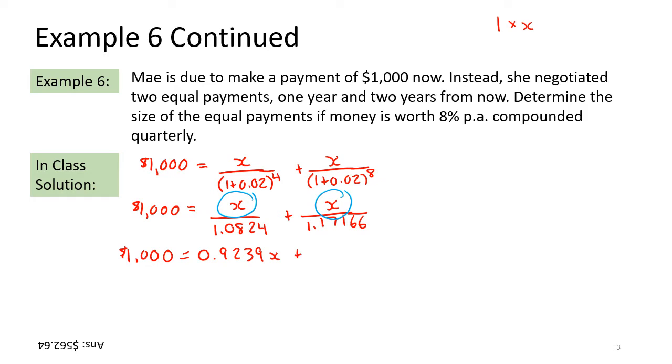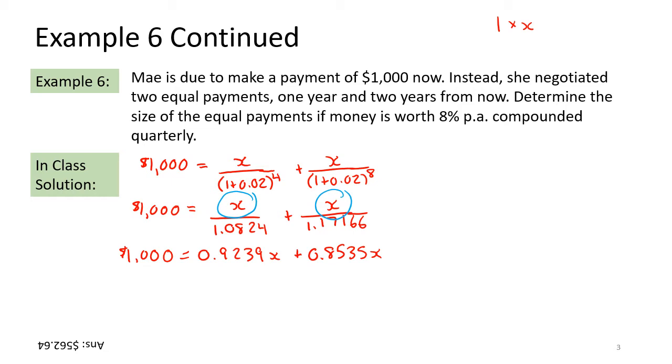Plus the second one, which is 1 divided by 1.17166, and I got 0.8535x. Okay, so all I've done is simplify those fractions into decimals, so now we can add them together and then